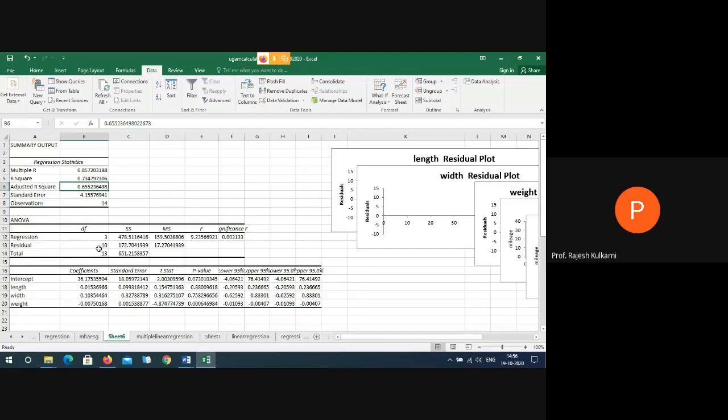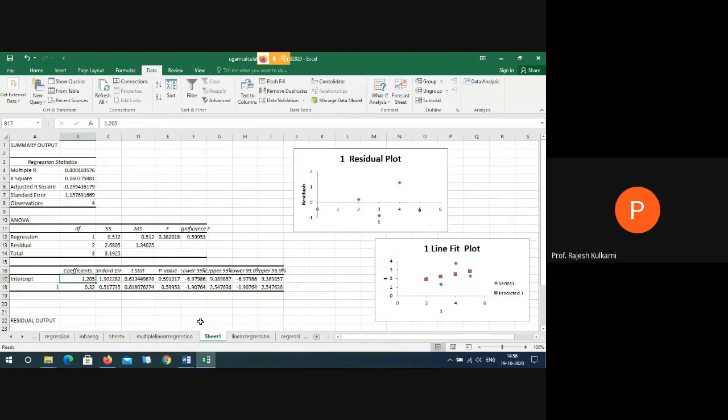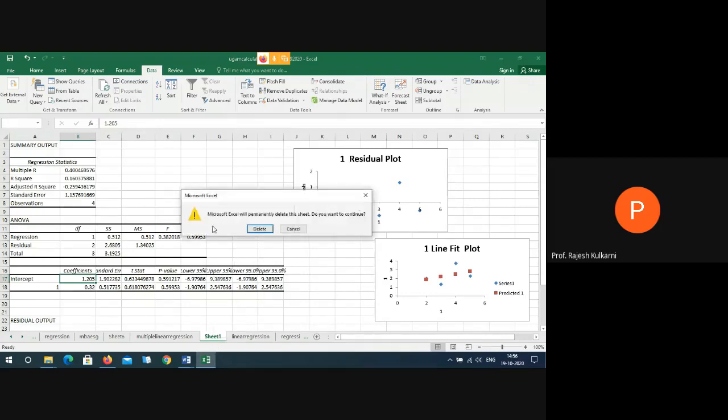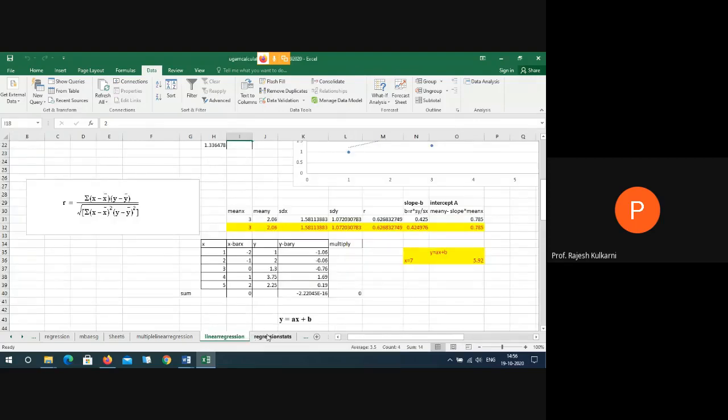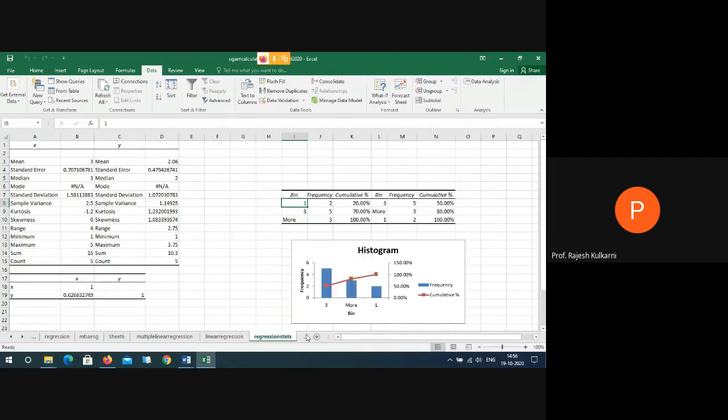Oh, this also is for multiple regression. Give me a minute. Actually, okay, here something has been missed. I'll remove this Sheet1 and I'll check it out.